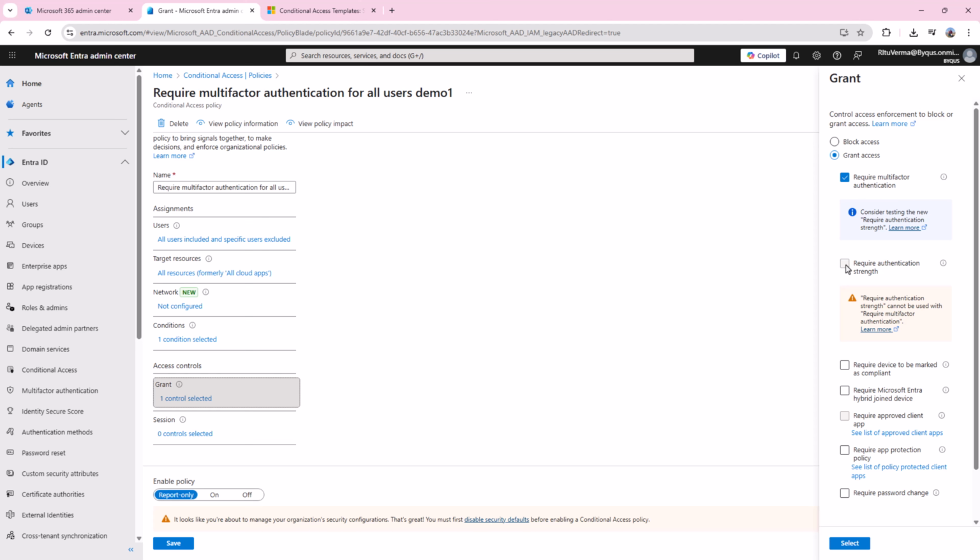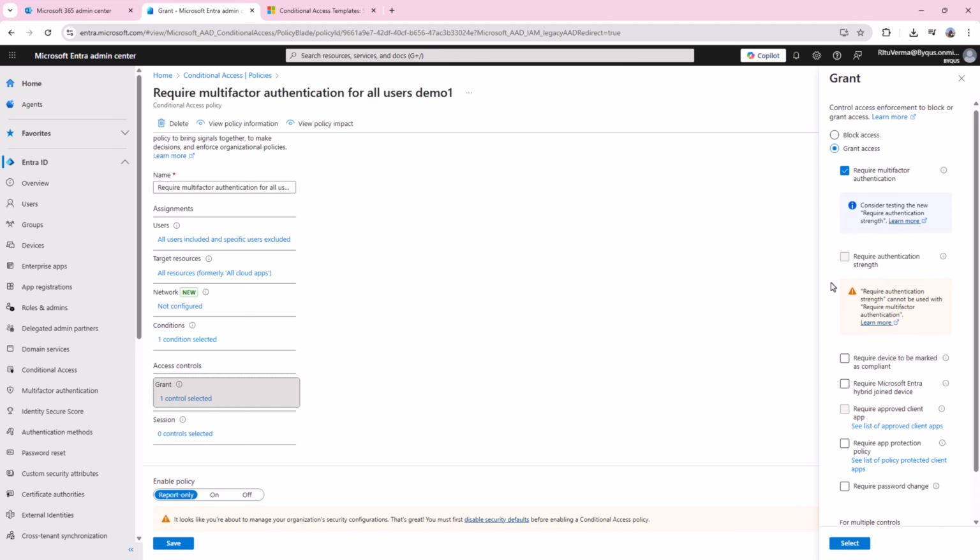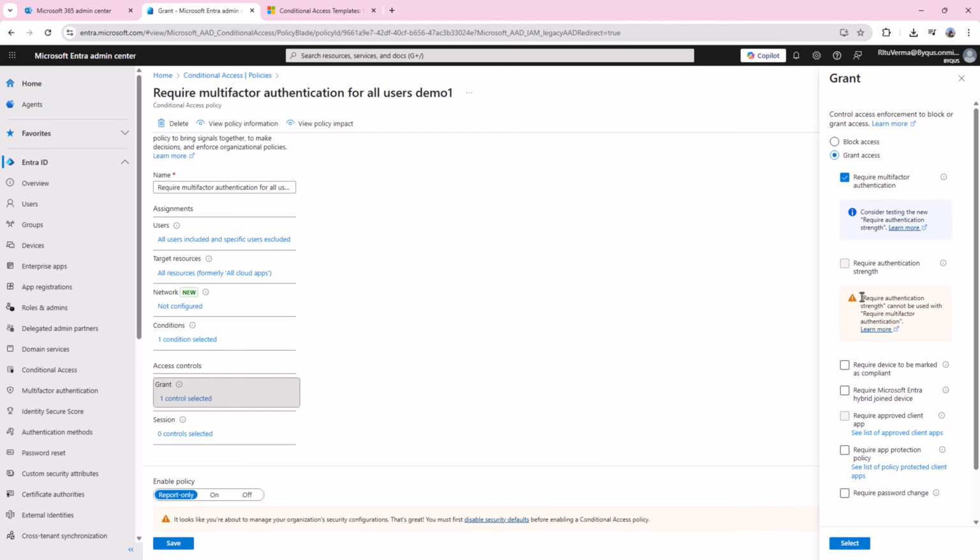This is checked by default, and it says the require authentication strength cannot be used with require multi-factor authentication. When we discuss the security part in detail, we will look into require authentication strength, like what the authentication strength is. But the first thing, we will grant access only if it requires multi-factor authentication.